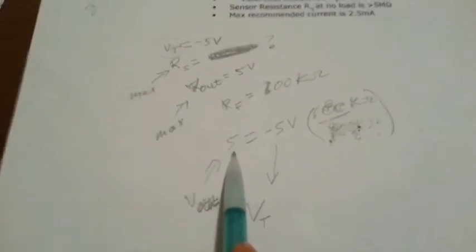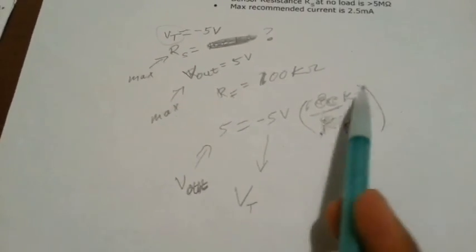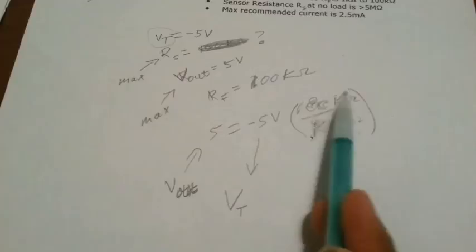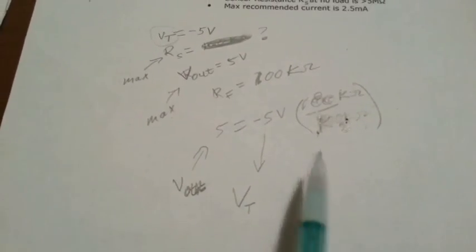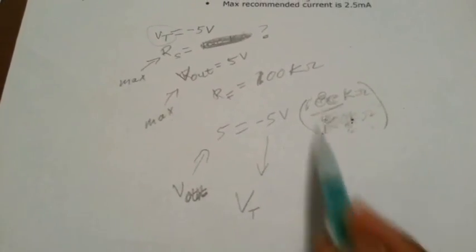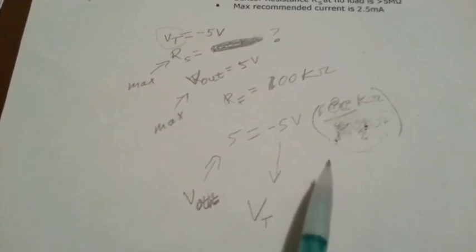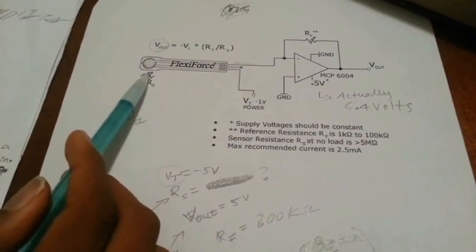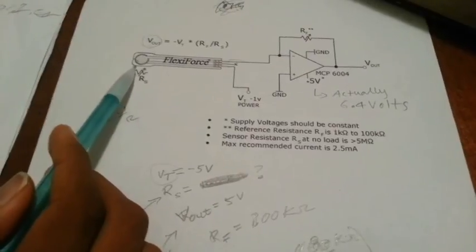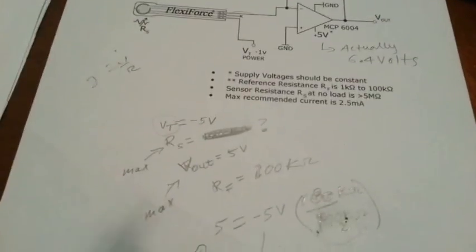So here we have the formula, 5 volts output, VT, RS, and RF, and we're going to find RS. And as you can see, RS is going to have to be 100K as well, because that's the maximum force that we're going to apply. The maximum force applied to the force sensor is 100K. So RS is going to be